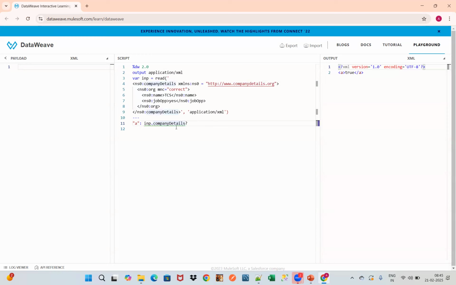If I make a slight change in this key, okay, I will remove S. It will check for company detail. Company detail does not exist here. So that's why it is giving you false. Okay. Question mark will give you a Boolean value, true or false. Exclamatory will give you